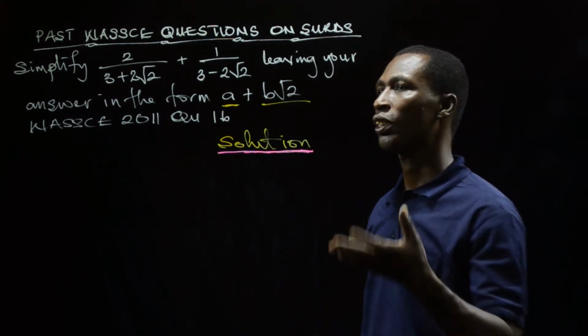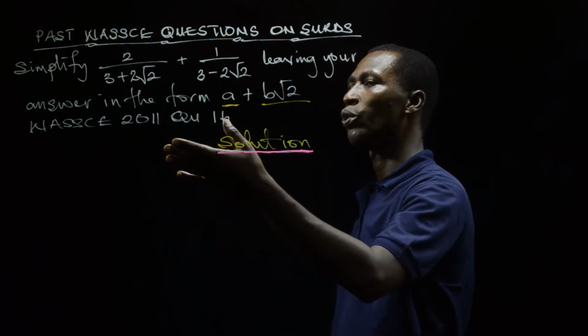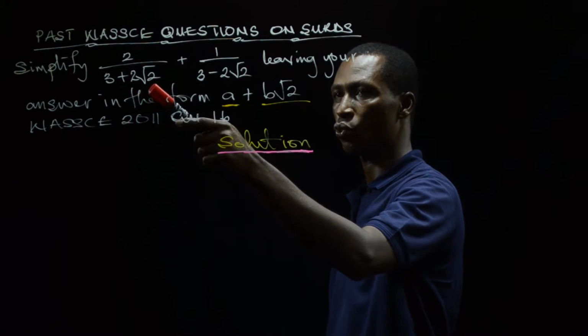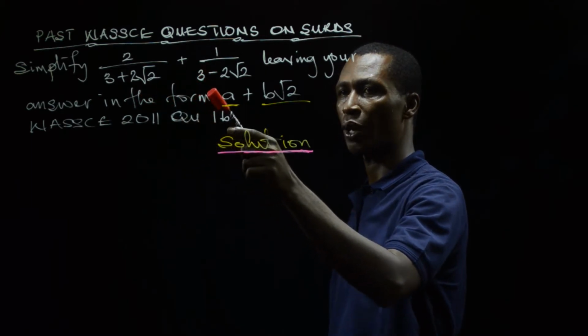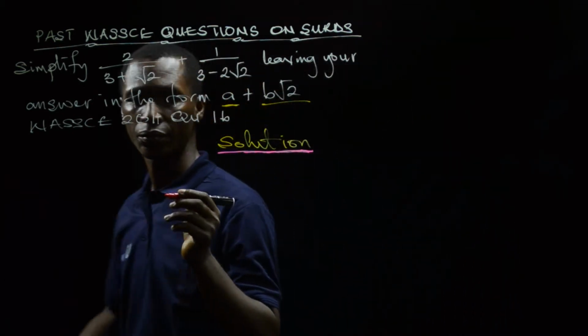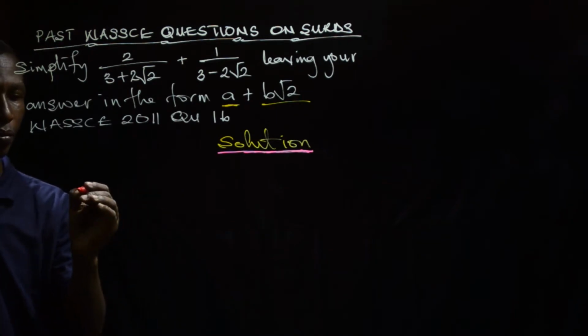We try our hands on some of the past questions on the topic. Say the first question reads, simplify 2 on 3 plus 2 root 2 plus 1 on 3 minus 2 root 2. So in solution, we have to rewrite our question again. So I write